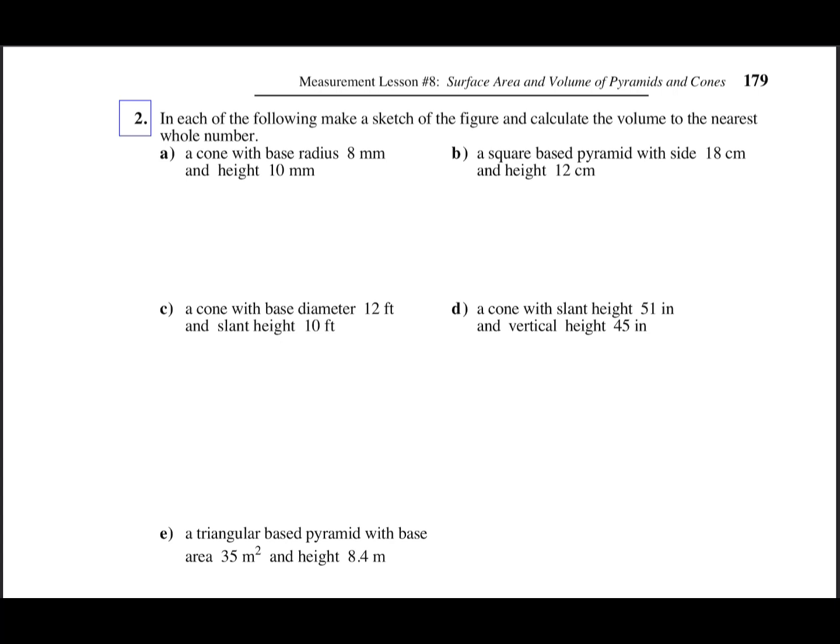And number 2, we need to sketch the figures and calculate the volume to the nearest whole number. Okay, so the first one is like this. Its height is 10 and the radius is 8, so V equals 1/3 pi r square times h. So it equals 1/3 pi 8 square times h equals to